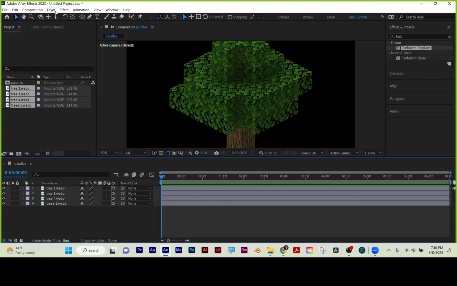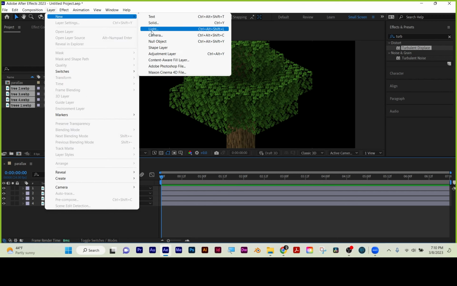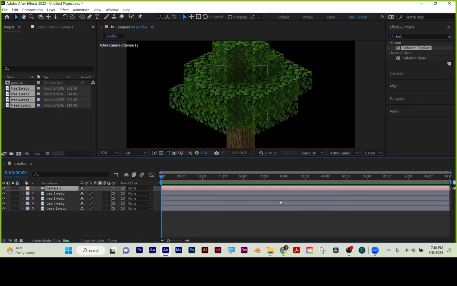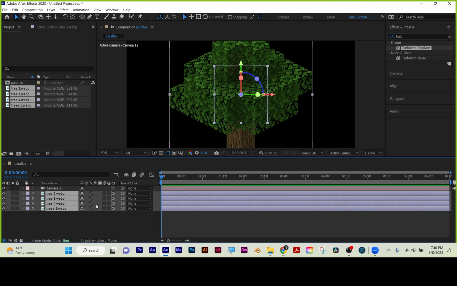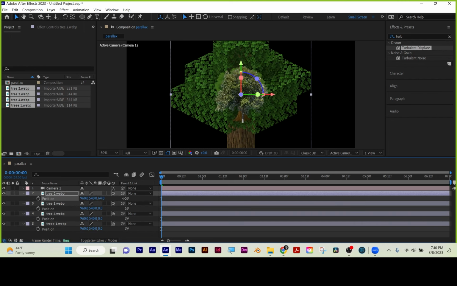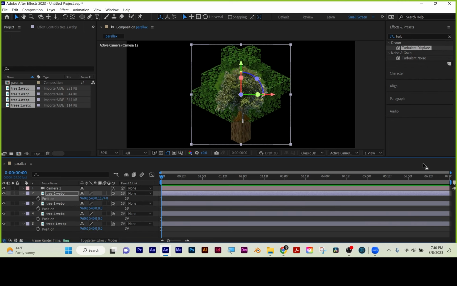Now I'm going to add a camera. Layer, new, camera. I'll just do the default. Okay, camera's in the scene. Parallax works best when there's a lot, I'm going to hit P, when you're spread out far on Z. So X, side to side, Y, up and down, Z, closer, further from the camera. So if I go positive, it's going to send it away from the camera. So I'll do